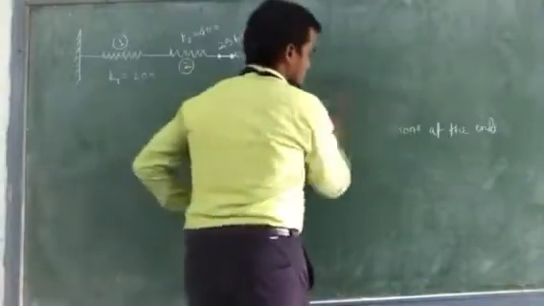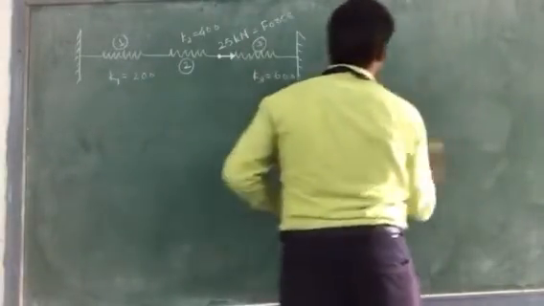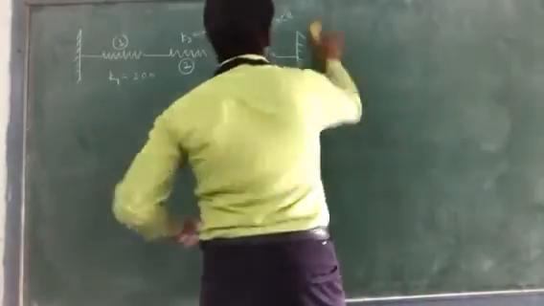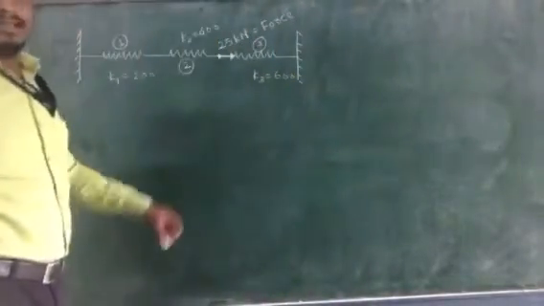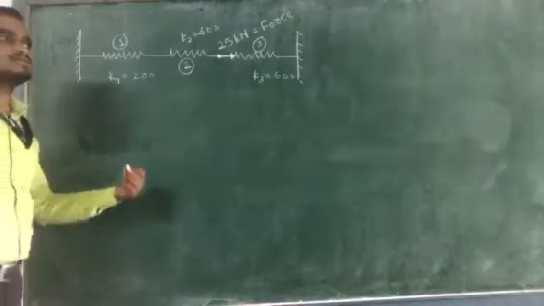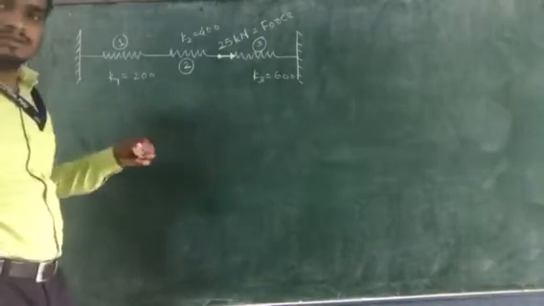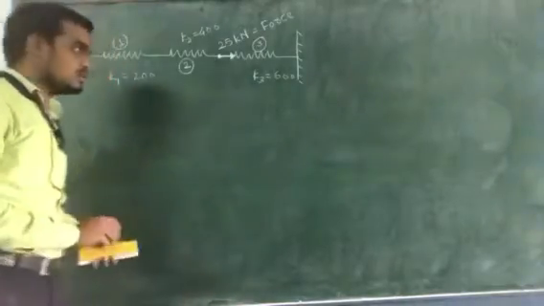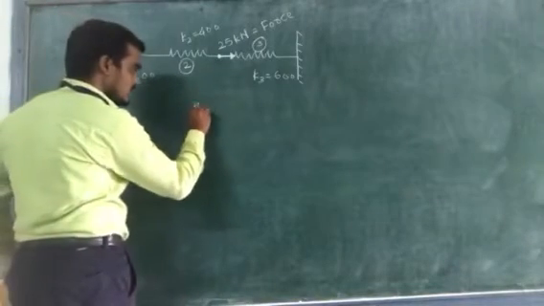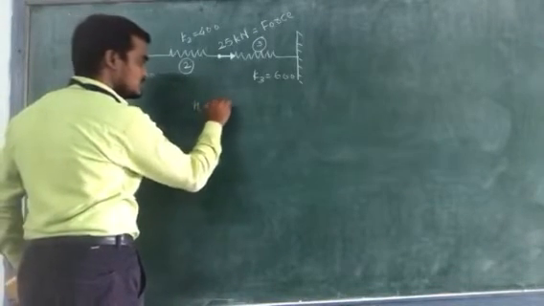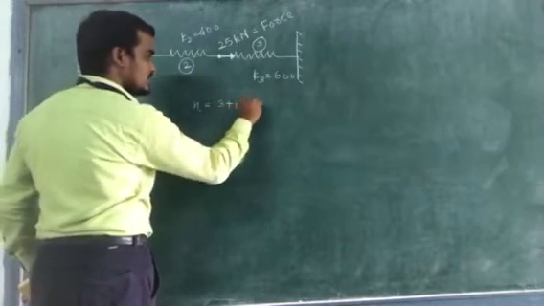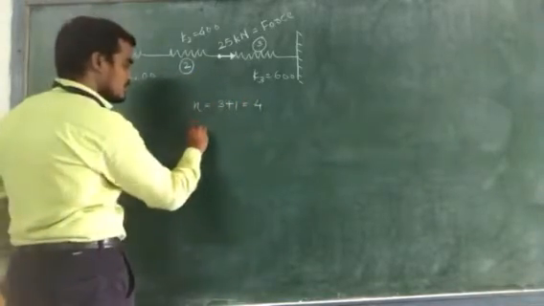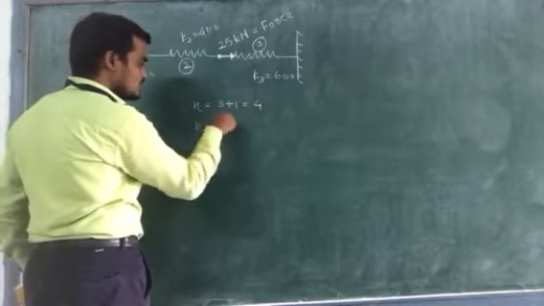So as there are 3 elements, how many nodes should there be? As we know, the thumb rule for the nodes is that the number of elements plus 1 gives you the number of nodes. So as there are 3 elements in the spring system shown in the figure, n = 3 + 1 = 4. So the number of nodes will be equal to 4.